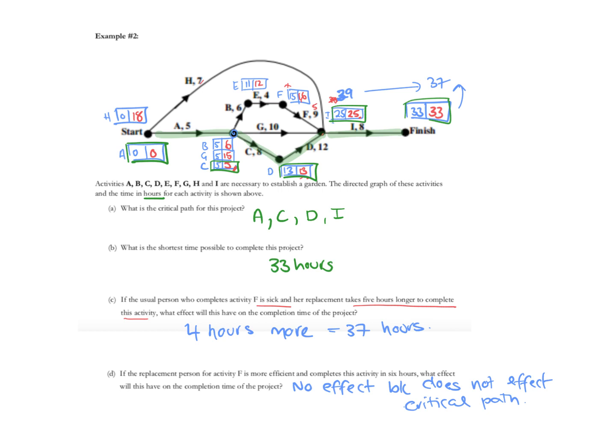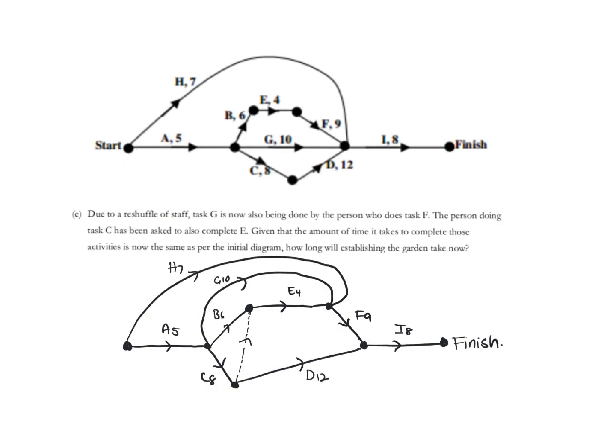Because it's less and it was not on the critical path, so it's not going to affect it. Due to the reshuffle of staff, task G is now being done by the person who does task F. So if you look up here on the original, G and F normally went in together, or had to be done before I. So because G has to be done by the people who do F, what we need to do is